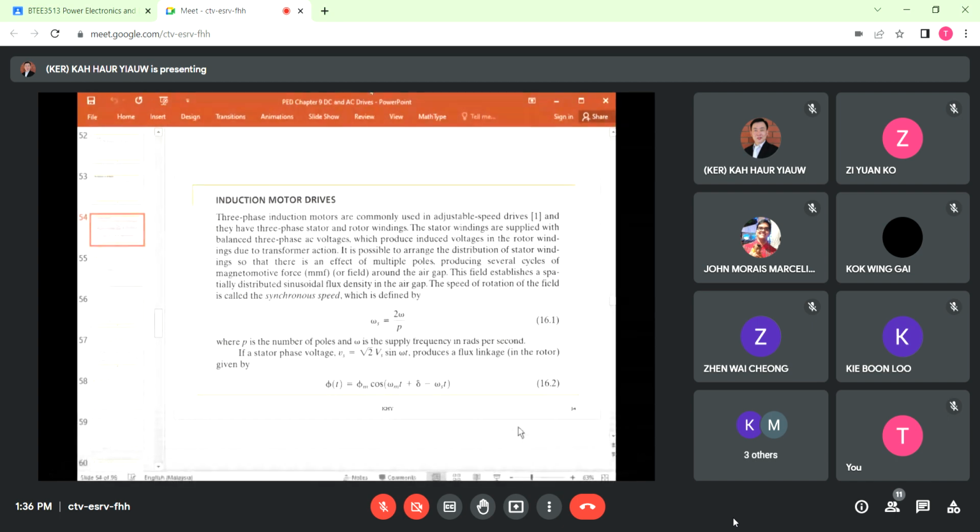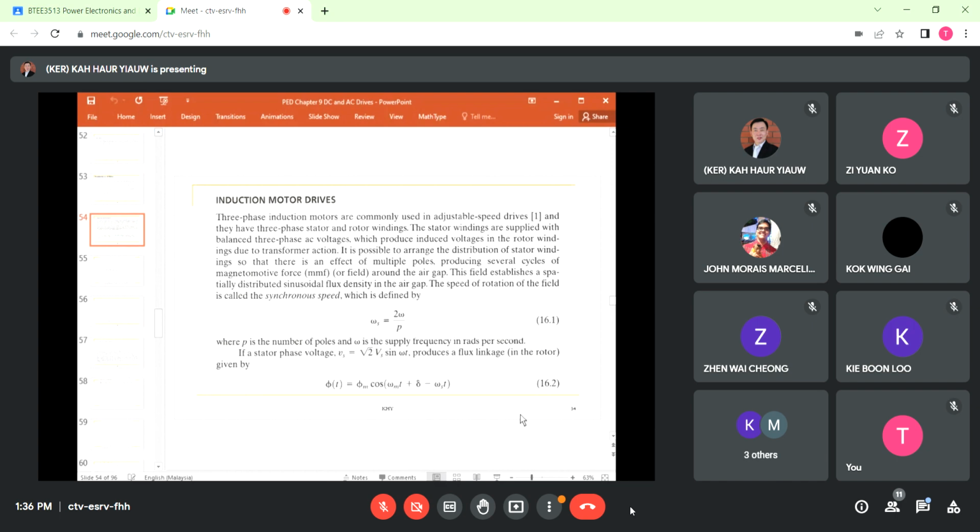Induction motor drive. Three-phase induction motors are commonly used in ASD, and they have three-phase stator and rotor winding. The stator windings are supplied with balanced three-phase AC voltages, which induce voltages in the rotor winding due to transformer action. It is possible to arrange the distribution of stator winding so that there is an effect of multiple poles,